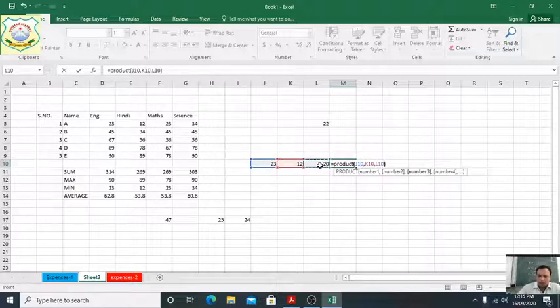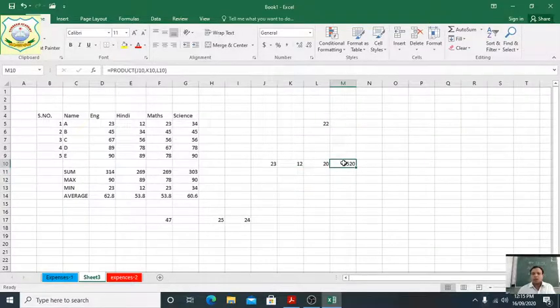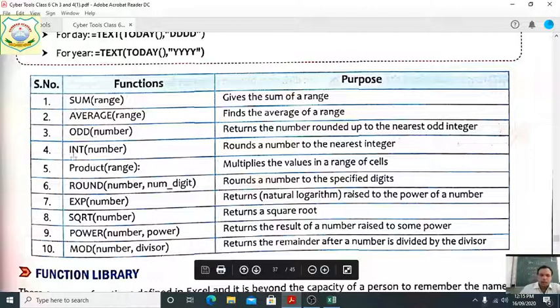Now bracket. See here, this is the answer when you multiply 23, multiply 12, multiply 10. We will get this number. Clear students? So this way we will get the answer. In the same form, round, exponent, we have done before.